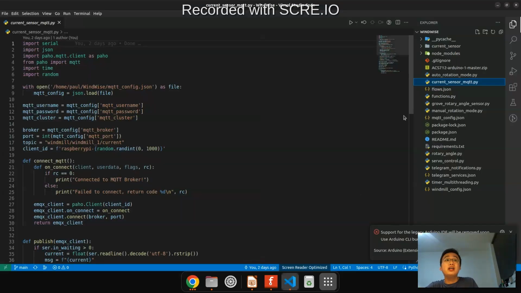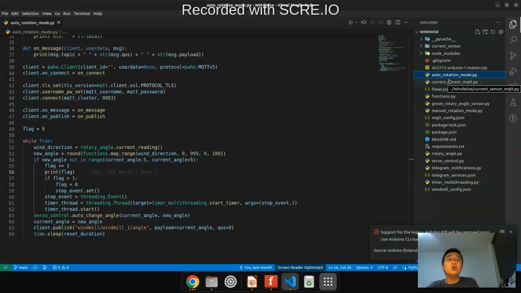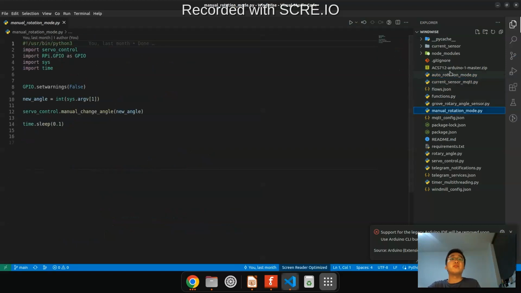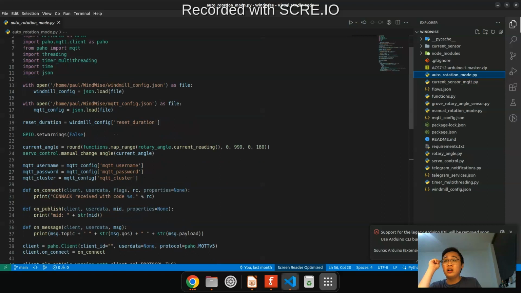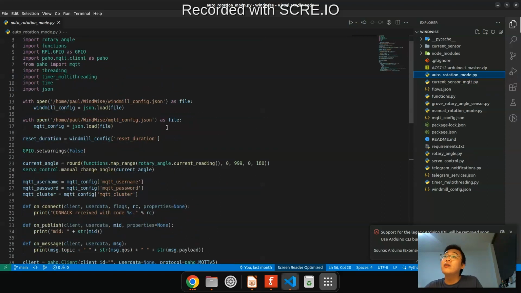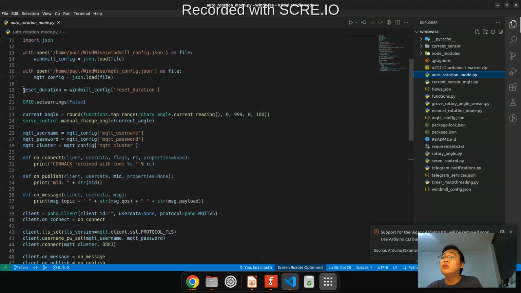Yep, in the code right here, we have two main functions: the auto rotation mode and the manual rotation mode. So for the auto rotation mode, let's go one by one. We have this whole part. In this auto rotation mode, what it does is that it reads data from the